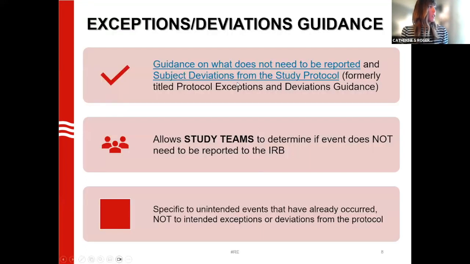start with. So before we move to toolkit, we call this our exceptions and deviation guidance, and we get a lot of questions on this. In toolkit, it is rebranded guidance on what does not need to be reported and subject deviation from the study protocol. These two tabs are in our investigator manual under that reportable event section, and it will describe a small subset of events that may not require a report to the